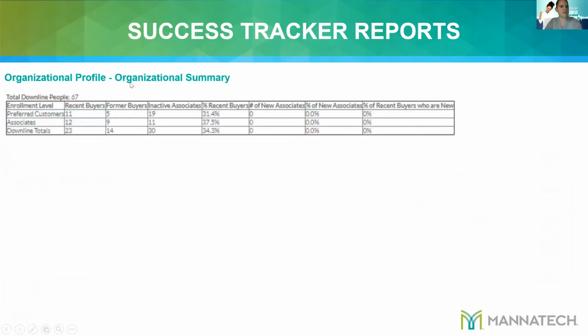Okay, so organizational profile, organizational summary. That was the center section. Basically, this report shows your total downline. This organization has 67 people. It shows recent buyers, former buyers, inactive associates, percentage of recent buyers, number of new associates, percentage of new associates,